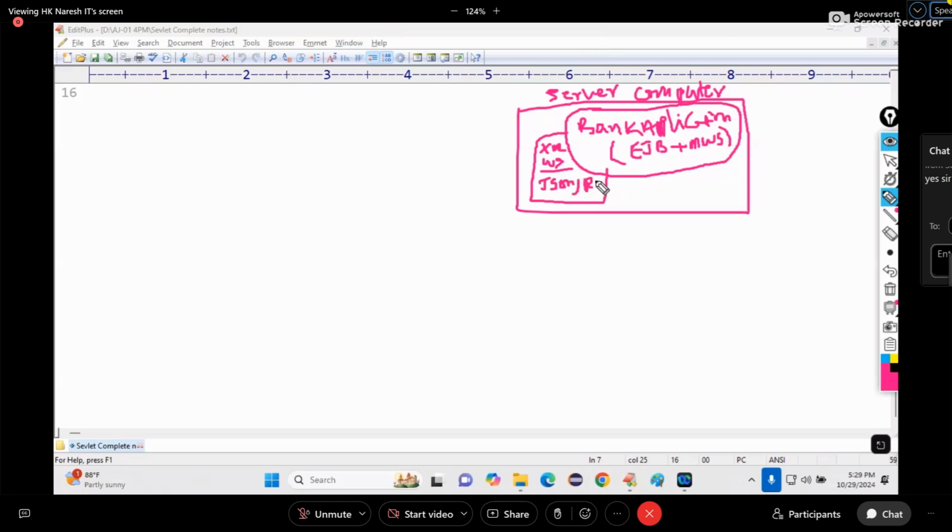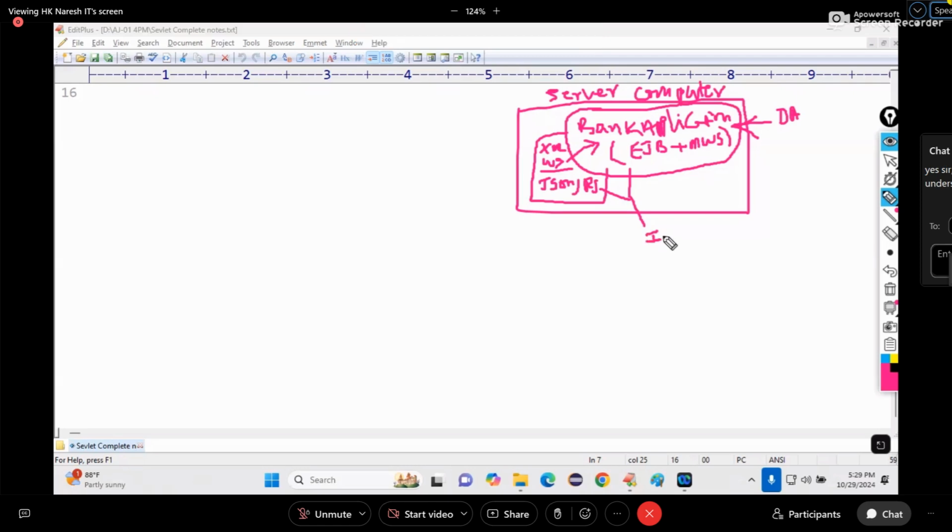RS means RESTful services. Draw a right arrow into it. What is this web application now? It is called a distributed application, DA.